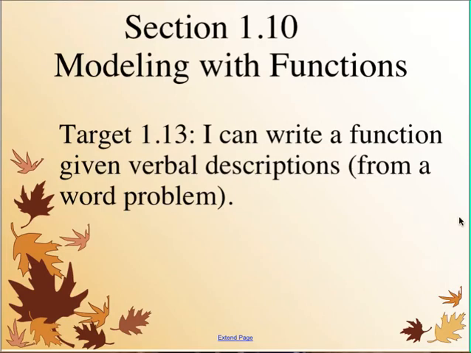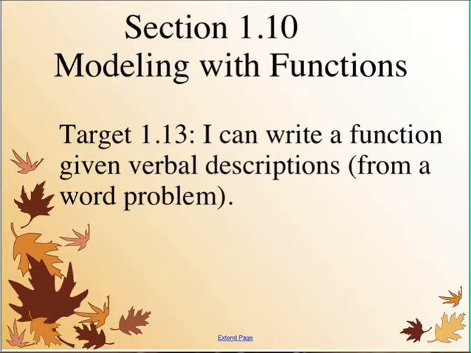This video is going to cover Section 1.10, Modeling with Functions, and the target is that you can write an equation or write a function given verbal descriptions, meaning you can write an equation from a word problem. Now I know you don't have a note sheet for this, but the back of your packet should mostly be blank on that last page, and this is going to be a very short video with only a couple of